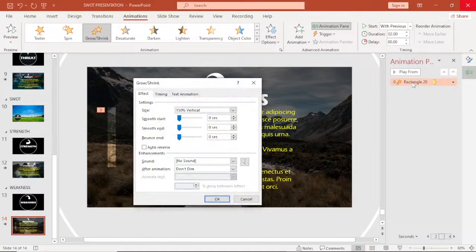Then this will be 0, set it to 1 for your smooth